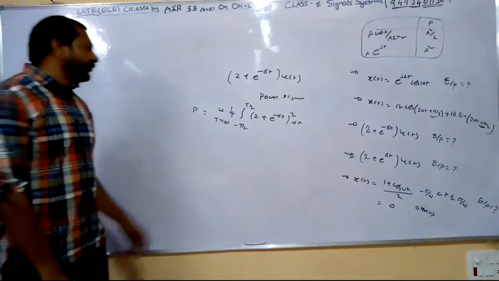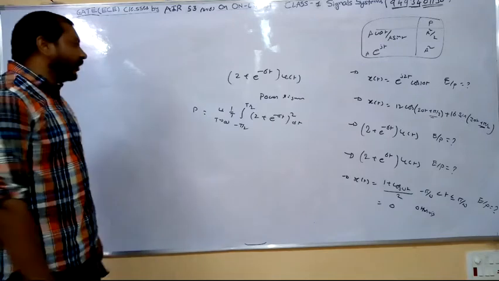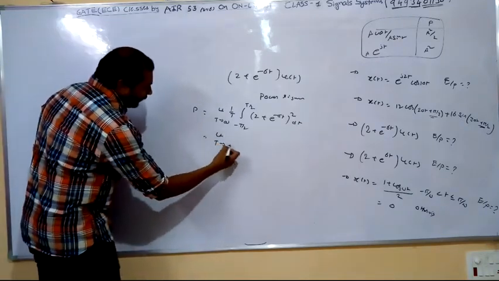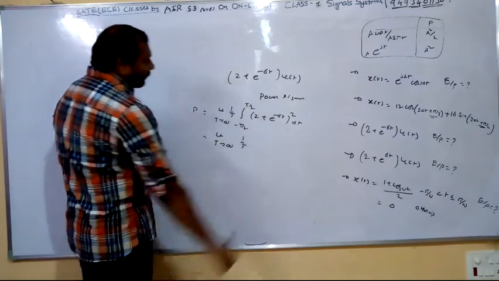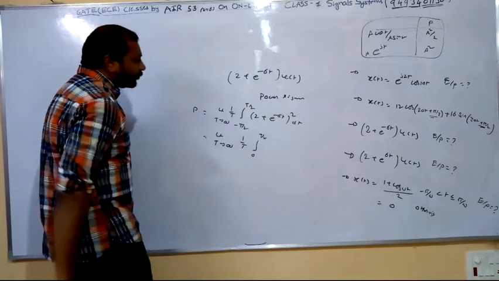not a periodic signal. If it is a periodic signal, one period of information is enough. No need to consider this limit T tending to infinity, because here it is not a periodic signal. We have to consider limit T tending to infinity. Like this, and this value is equal to limit T tending to infinity 1 by T integration 0 to T